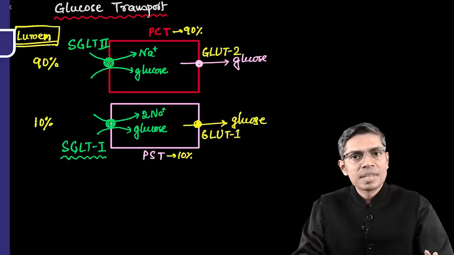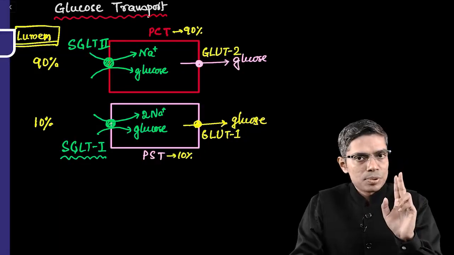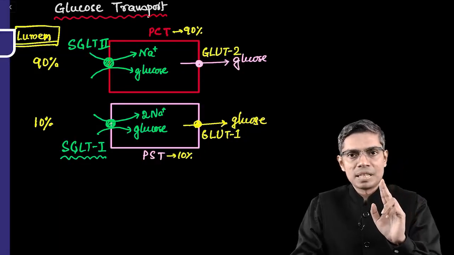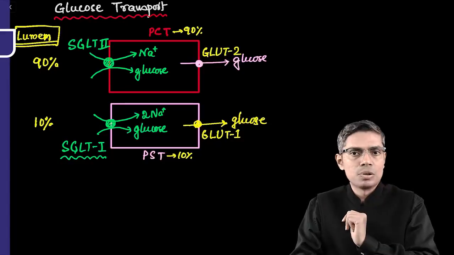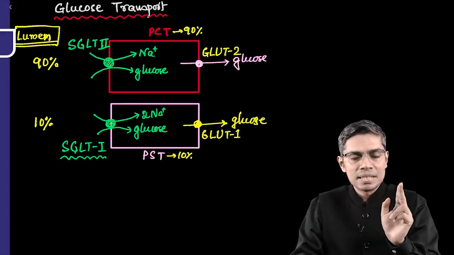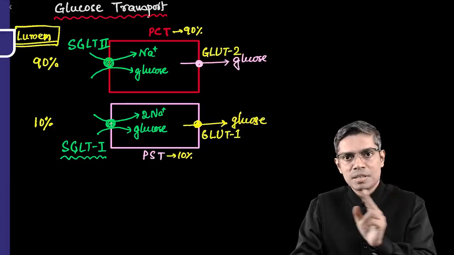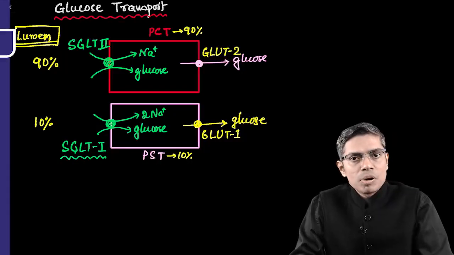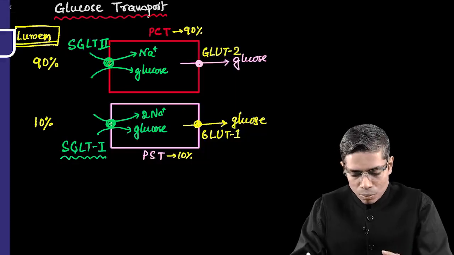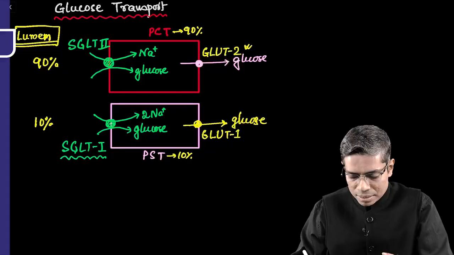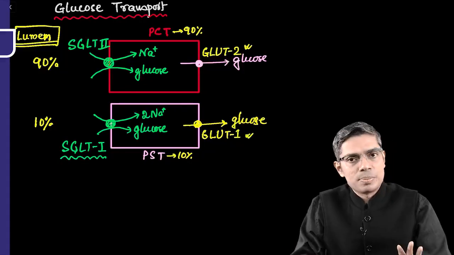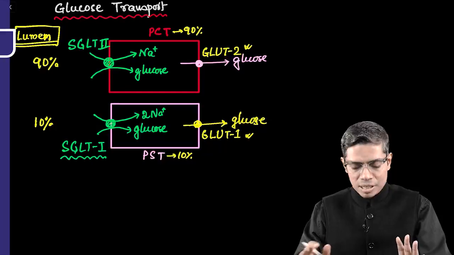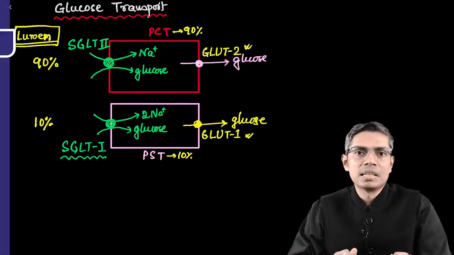So, very simple: SGLT type 2 is the main transporter absorbing 90%, coupled with GLUT2, and SGLT type 1, 10% glucose reabsorption, is coupled with GLUT1. SGLT type 1 or type 2 are secondary active transporters, and GLUT1 or GLUT2 are facilitated diffusion transporters. This much you have to remember about glucose absorption at the level of the proximal